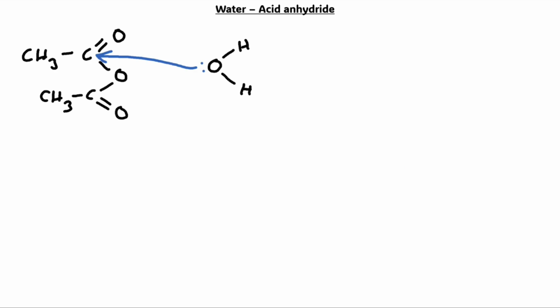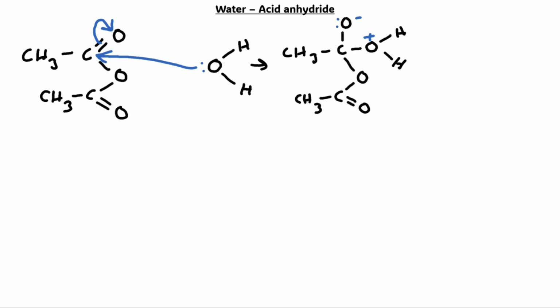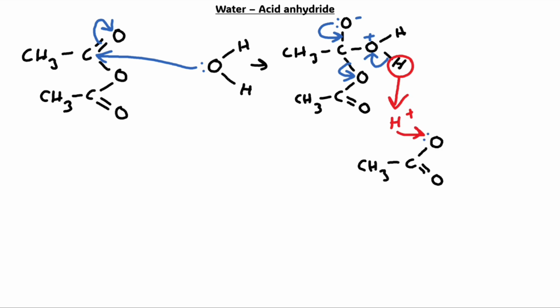So same lone pair of electrons attracted to the positive carbon, the double bond breaks because the pi electrons are attracted to the very electronegative oxygen. So then the oxygen gains these lone pair of electrons, becomes negatively charged, the water attaches and the oxygen that's freshly attached becomes very positive, and then obviously we have the rest of our acid anhydride at the bottom, and then the hydrogen ion is removed and it goes off